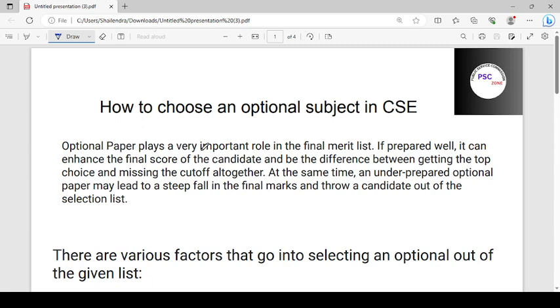सिविल सर्विस एग्जाम की तैयारी कर रहे हैं तो उसमें ऑप्शनल कैसे सब्जेक्ट यूज करेंगे, है ना। तो उसी के बारे में हम लोग जानेंगे। तो चलिए हम इस लेक्चर को यहाँ से स्टार्ट करते हैं।